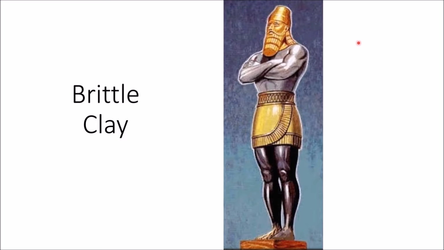So if you remember from the king's dream, there was the head of gold, and there was the silver arms and chest, and the bronze midriff area, and the iron legs. And so the legs were iron, and then at the bottom here they become what is called brittle clay, a mixture of brittle clay and iron. And that's going to be our focus, that brittle clay and what is the meaning behind that brittle clay.